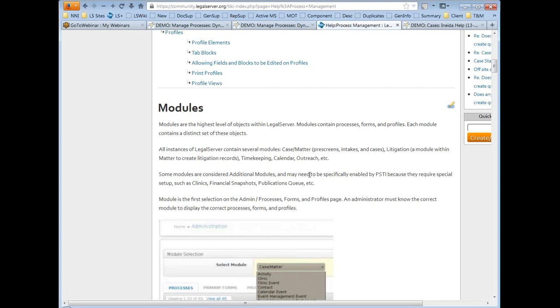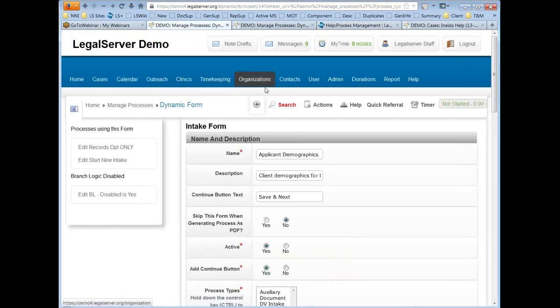As explained here, modules are the highest level of object, or kind of the highest level of division of things within LegalServer. So your various modules: your case matter module, outreach module, timekeeping module, the user module, and so forth. You have to know which module you're in,